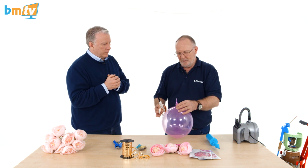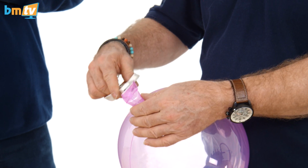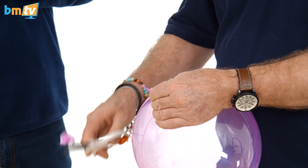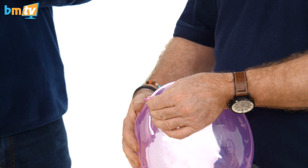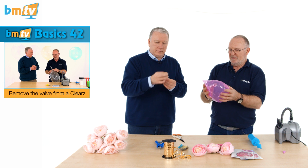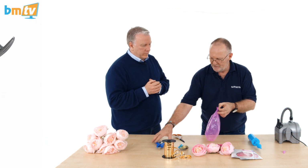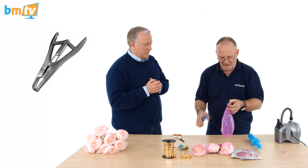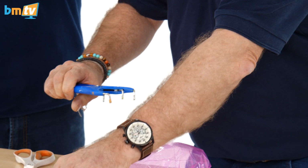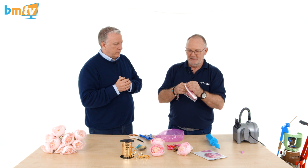Pinch it seam to seam, same as in the bigger ones. The necks are a bit shorter on these, but the same thing applies. Remove the end there, and out flies the valve. There it is. Now this is a bit softer, so we've got a little bit more leeway. We're going to use the balloon neck stretching tool here, but even so, that opening is not massive for that big flower. So, secret weapon